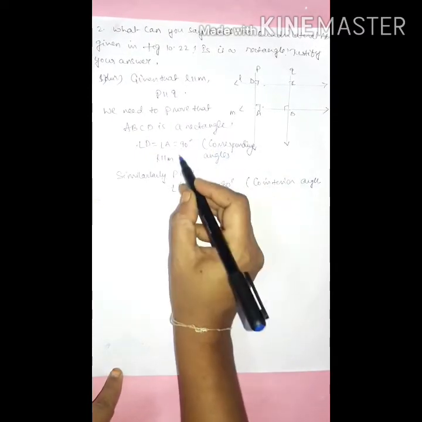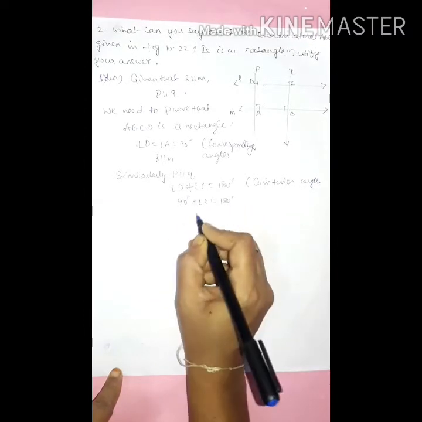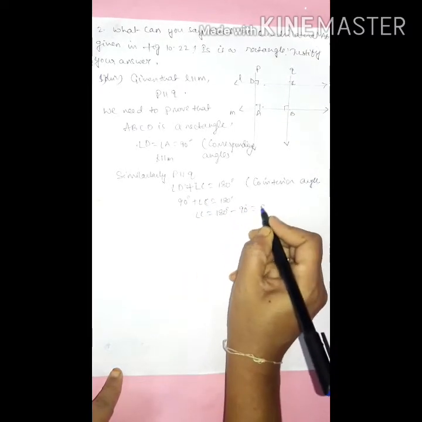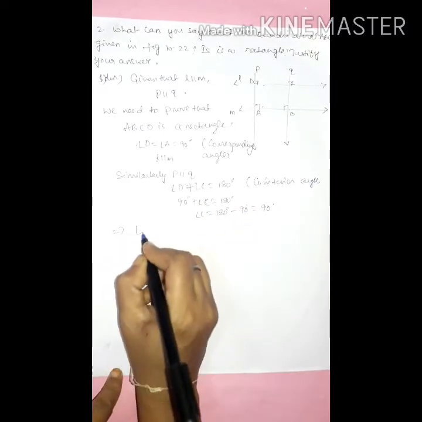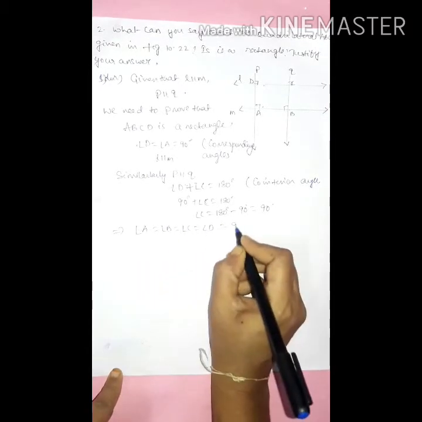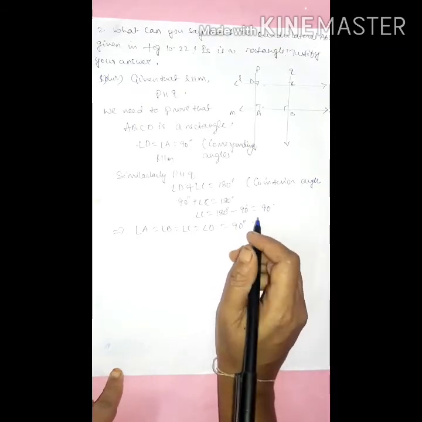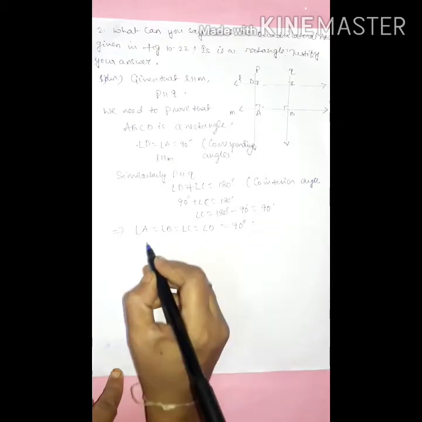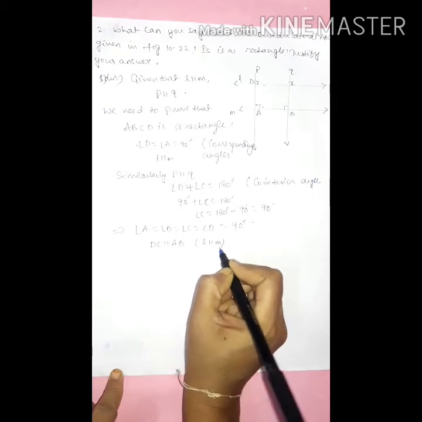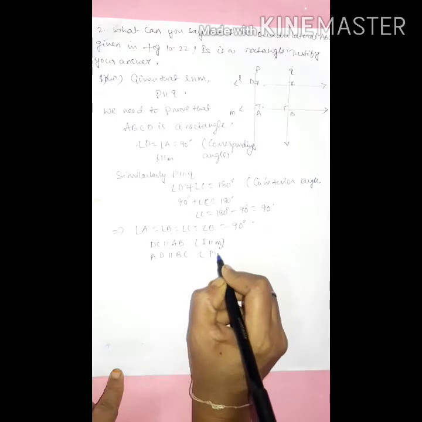Angle D we already have as 90 degrees. So 90 plus angle C is equal to 180 degrees. So angle C is equal to 180 degrees minus 90 degrees, which is 90 degrees. This implies angle A is equal to angle B is equal to angle C is equal to angle D is equal to 90 degrees. So each angle is 90 degrees. What do we require to prove parallel? DC is parallel to AB. Why is it parallel? L is parallel to M. AD is parallel to BC. Why is it parallel? P is parallel to Q.